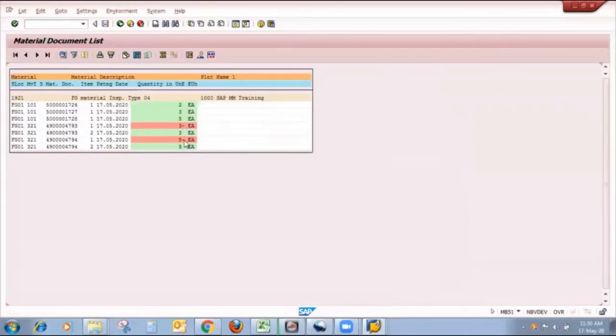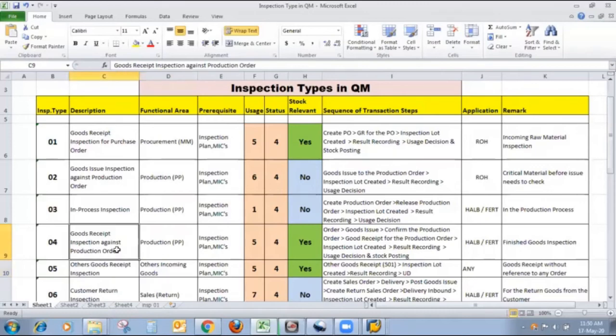Here for quantity 5, you see there is one movement 101, meaning goods receipt, and movement 321, meaning stock is moved from quality to unrestricted. So this is all about inspection type 04. This inspection type is the most important inspection type.